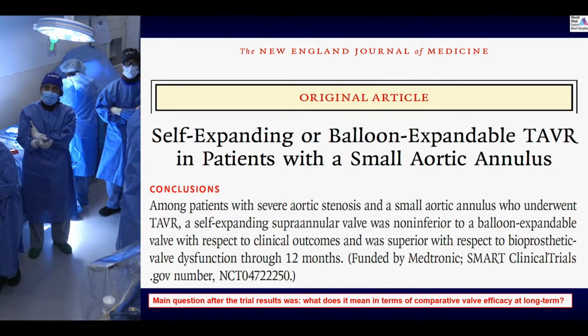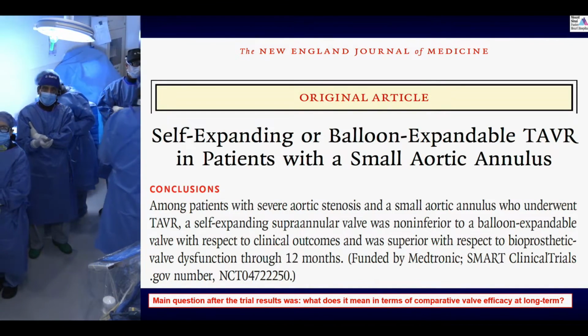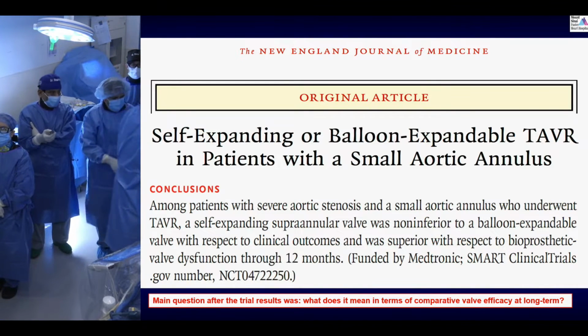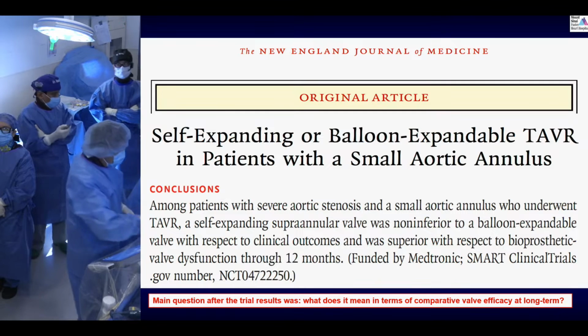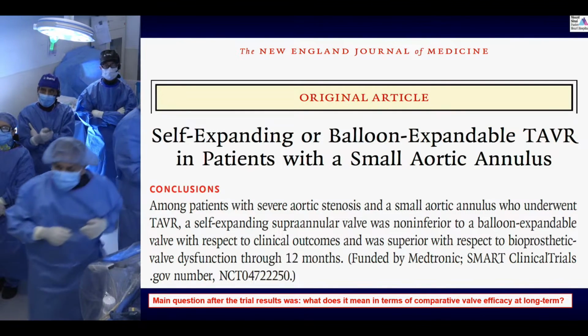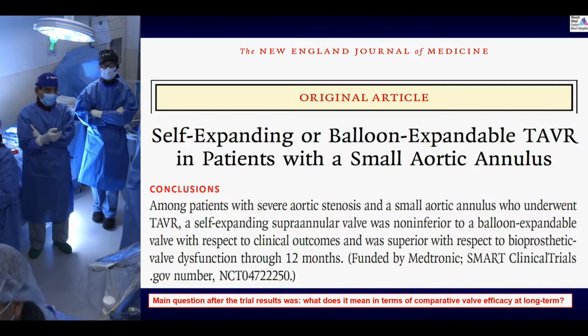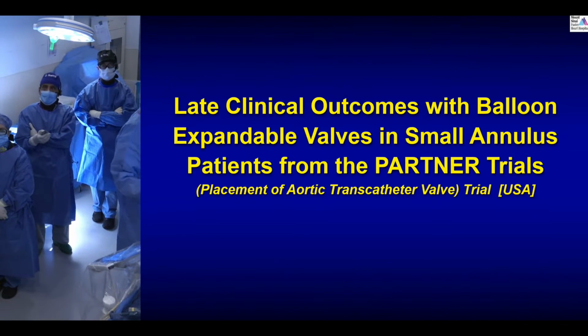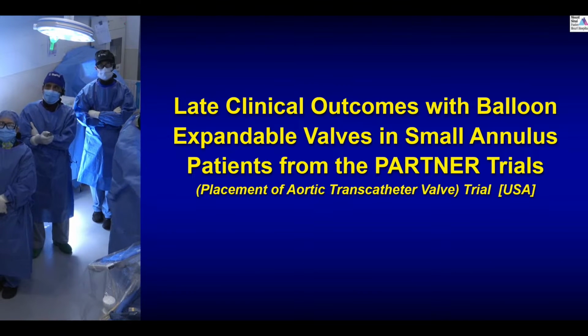So the key question that remained after that was, it looks good at 1 year hemodynamics, and there was no difference in the clinical outcome. Then what does it mean in terms of comparative valve efficacy in the long term? And long term, basically, we say at least 5 years and plus. So what the PARTNER group did, I would say very